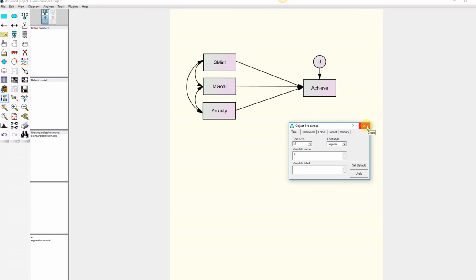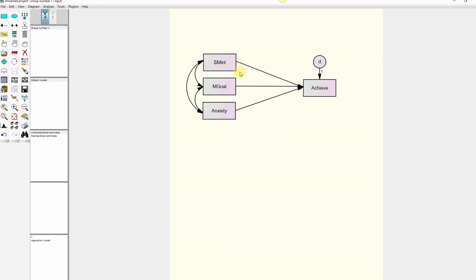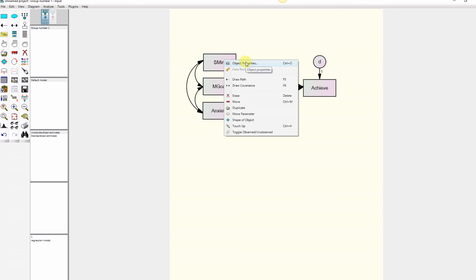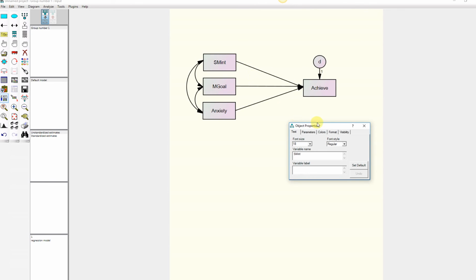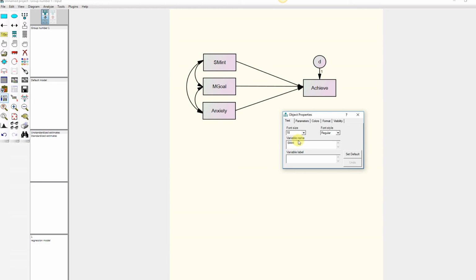Now, if I wanted to change the names that appear in the boxes in my figure, I could do that by clicking on Object Properties, or I should say labels. The variable name is what is in the actual data file, so we don't want to change that, but under label we can change the label that appears in the figure. Like for instance, if I wanted to call it subject matter interest, I could do that, and I can even do things like adding in